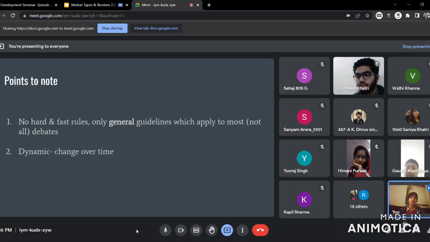After a certain point, when you are settled as debaters, it's your job to keep yourself updated within the debating community, so that your knowledge of guidelines is not out of date, right? So these are just a couple of things that you need to keep in mind, in the back of your mind, while you absorb all this knowledge with respect to different types of motions.